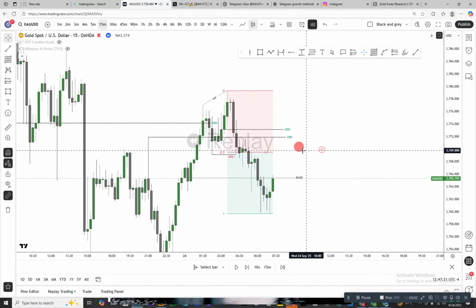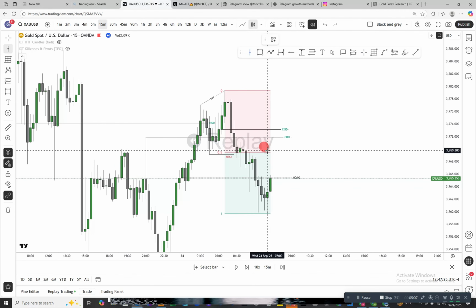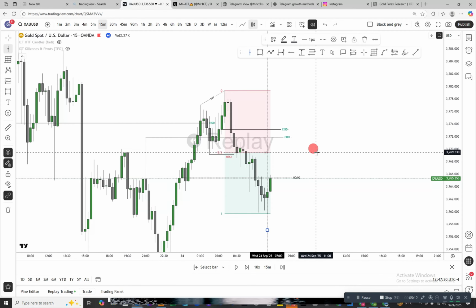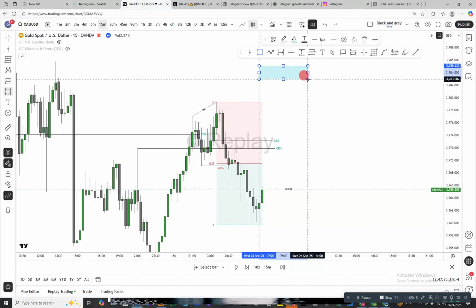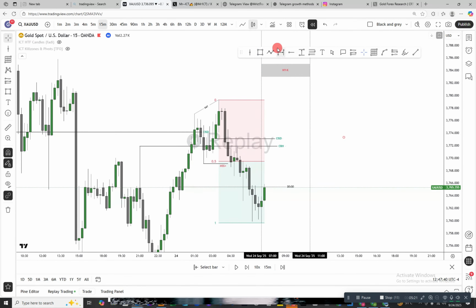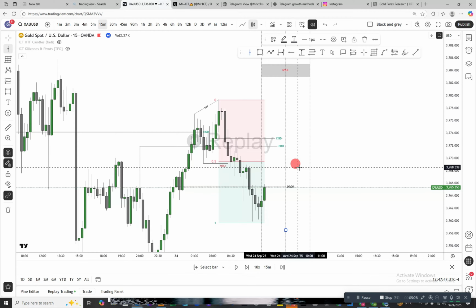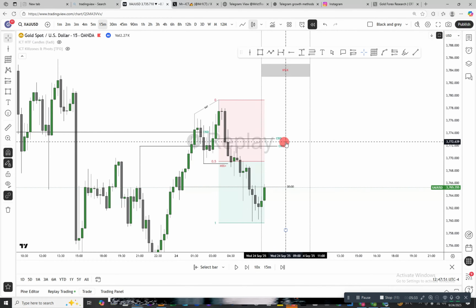At the same time, I have marked the New York session as well. The New York session opens from 7 to 11. So I have marked this whole New York area as well. Right down here, let me mark this as the New York kill zone. And in the New York kill zone, I will also mark my 9 to 11 cycle, which is a micro accumulation and distribution cycle. So I have marked it as well.